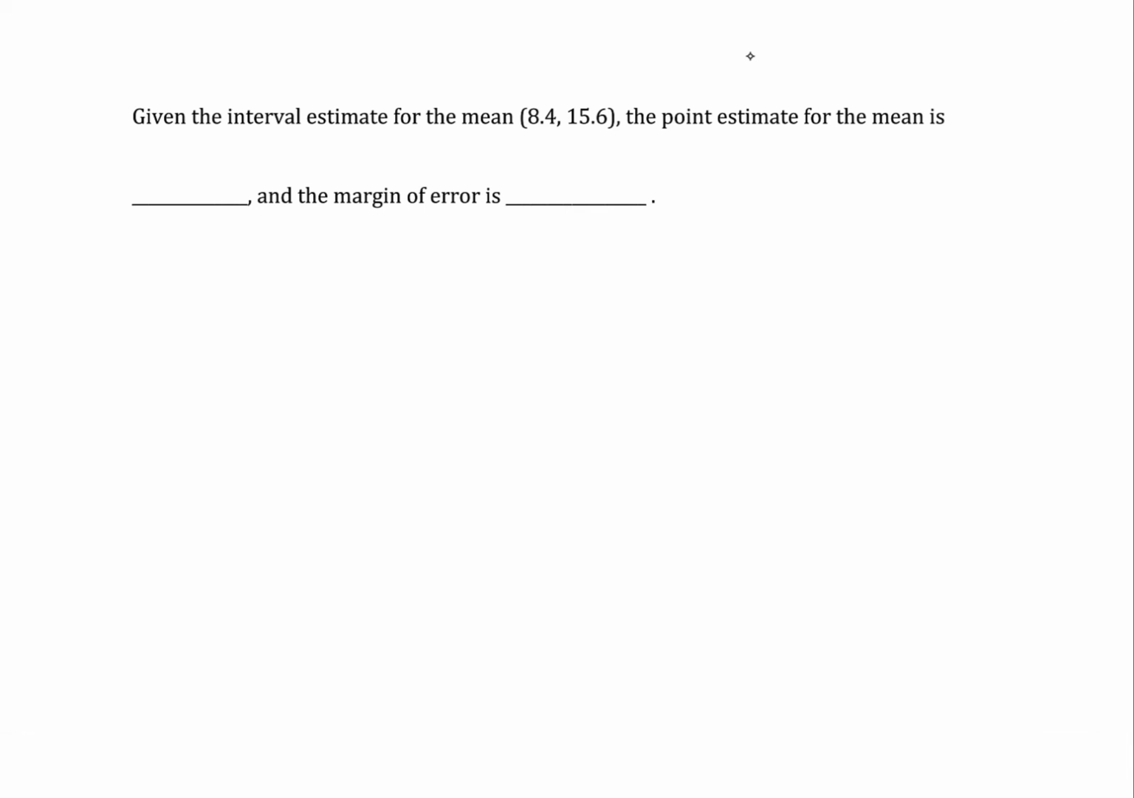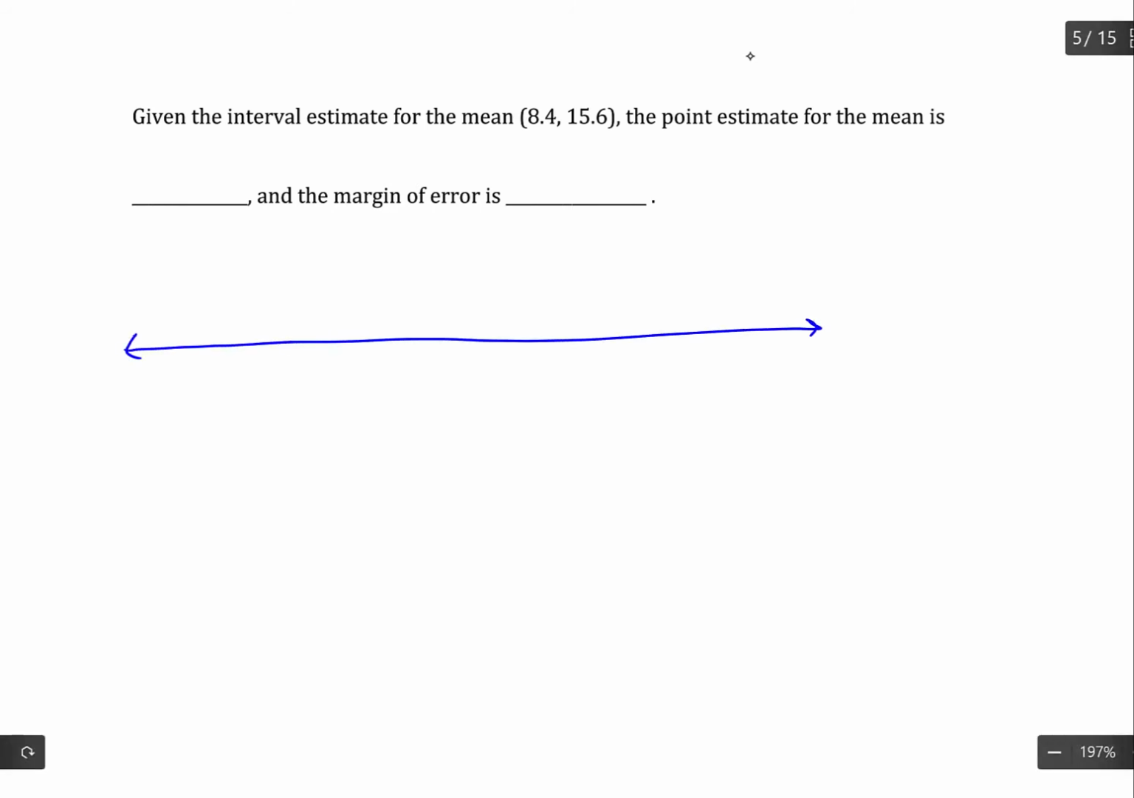Given the interval estimate for the mean, 8.4 to 15.6, the point estimate for the mean is blank, and the margin of error is blank. Alright, so we have a confidence interval, and that confidence interval has one endpoint at 8.4, that's the lower, and it has another endpoint at 15.6, which